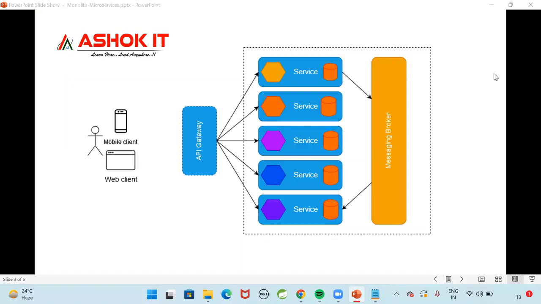It is one architectural design pattern. It will tell you how to develop the application with loose coupling. Are you clear? Now, instead of developing all the functionalities in one application,